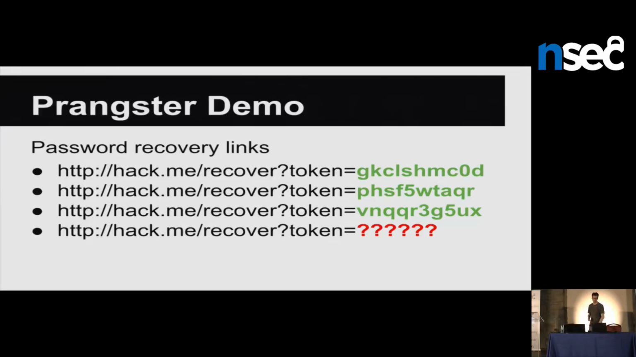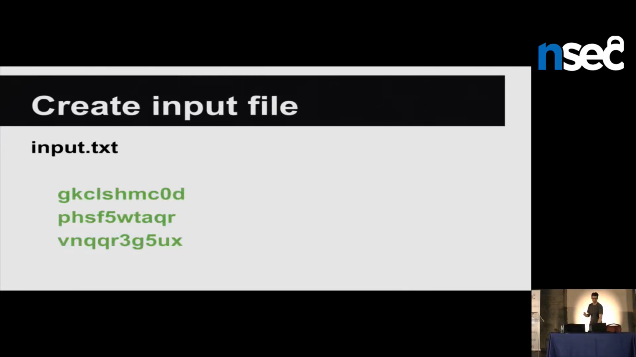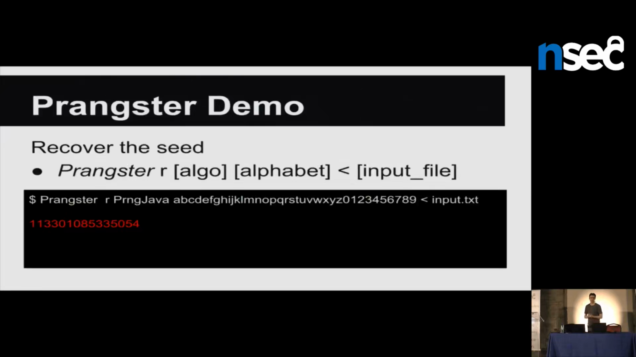So the first step to do with Prankster is just to accumulate those values, and these will be our input values. So just create an input.text, and then it's going to be the content that's going to include just the token we have. So the next step, we're going to do the recover operation with Prankster. So it's the R parameter, then the algorithm. So the algorithm, you're going to find it, it's going to be guessing in most of the cases. So unless you have access to the source code and you know exactly what's the implementation, you're going to need to guess, okay, I see it's probably